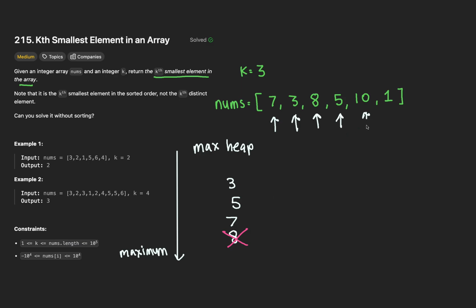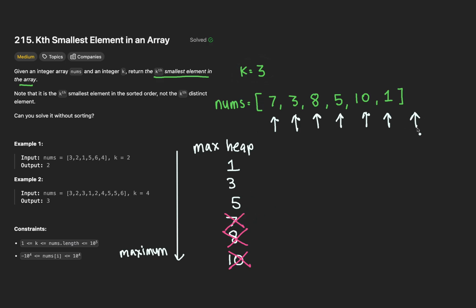On the next iteration, we have a 10. If we push that into our max heap, it will be the new maximum. But just like the previous iteration, we have one too many elements. Let's pop the current maximum. It just so happens to be this 10. It had a short life. Let's delete it and move on to the last iteration where we have a 1. Inserting that, we'll position it right here. Once again, we have the same issue. We have 4 elements, that's greater than the 3. Let's remove the current maximum of the 7, and we're done